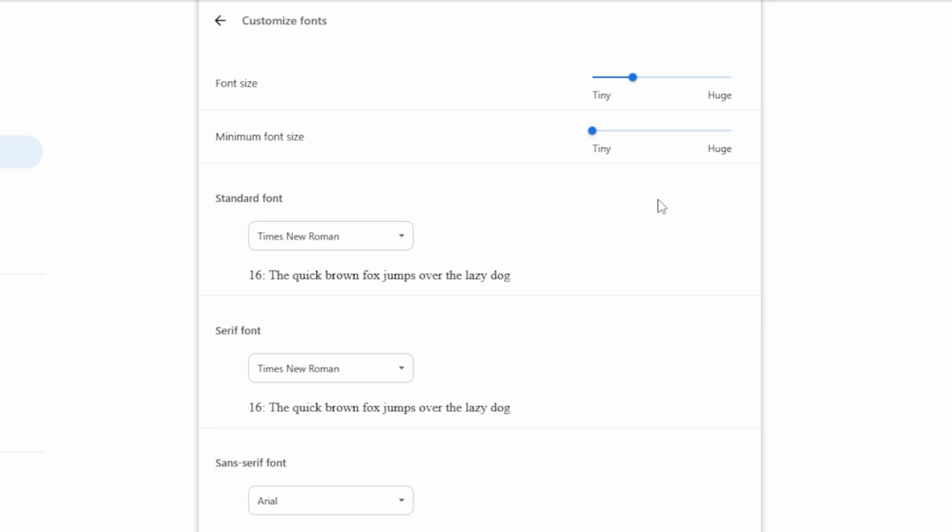Now here is something important to note. This change will only affect websites that allow Chrome to control their fonts. Some sites use their own custom styles, so you might not see a change everywhere. But for basic websites, blogs, forums, or anything using default fonts, this tweak can really improve readability and give your